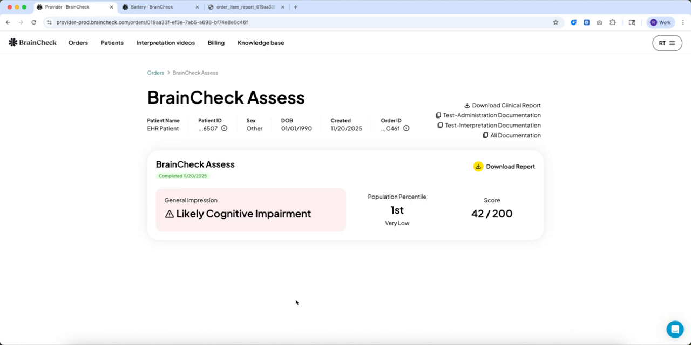Right here from the completed orders page, you can see a raw score and the general impression in plain language. Makes it super easy to see what the results were. If you need more detail, you can simply click on the download report to download the full clinical report of